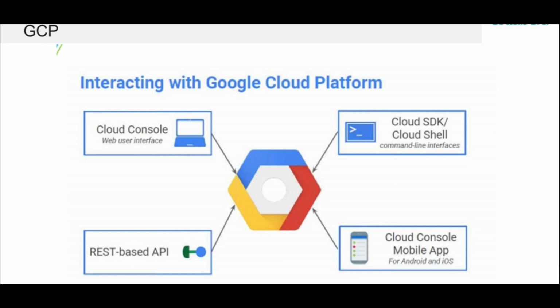Now coming to how you access the cloud platform when we talk about GCP. There are various ways that you access the cloud platforms. One, the simplest way, or most widely used, is the graphical user interface or the web interface. So what you do is, you go to the cloud console and then you access the services in the form of a GUI. I'll show you that.